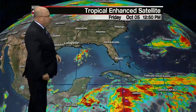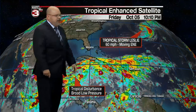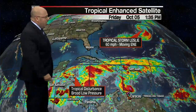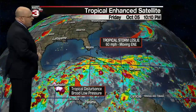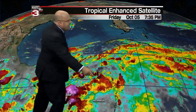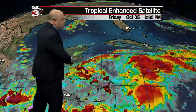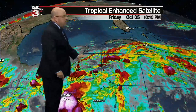In fact, right now, first off, out in the open Atlantic, Leslie's still doing its thing out there. A tropical storm, 60-mile-an-hour winds, will gradually weaken with time, but days before that goes away. But we've been interested in this tropical disturbance. It's a broad area of low pressure. Really can't see any kind of low-level swirl right now. And upper-level winds have been too strong for any kind of tropical development. But already starting to see some of those signs that those upper-level winds, or what we call wind shear, beginning